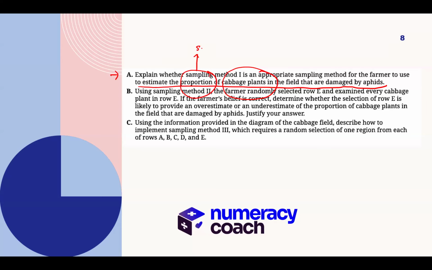But just going back to your writing styles, if you just rewrote it, now we're talking about what we are trying to do. And as you get to inferential, I did talk to some of my students. I said, you probably missed the proportion part because we're not even there in inferential. And when you get to inferential, we're comparing proportions or means. You would have gotten it on the AP exam, I'm sure. But the idea is, what are you trying to do? We're trying to estimate a proportion of cabbage plants, and where, in the field.